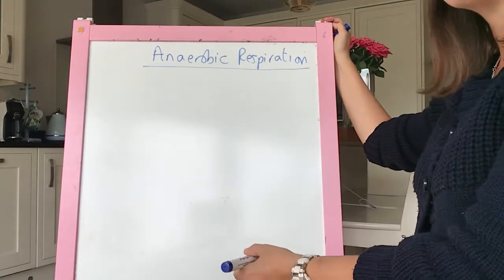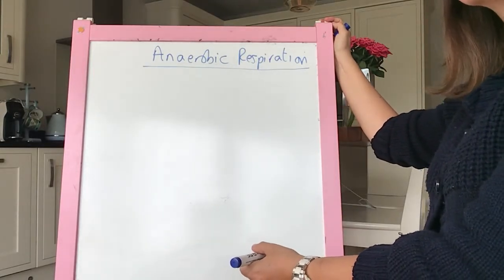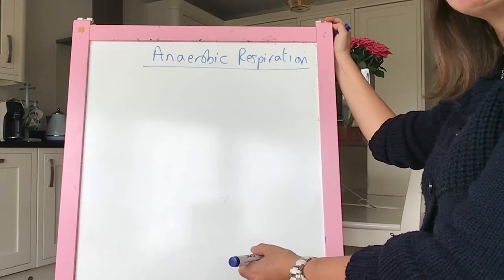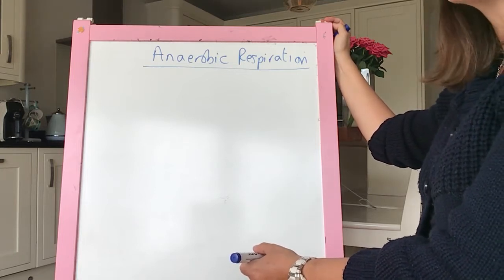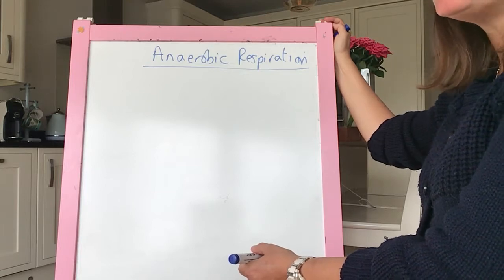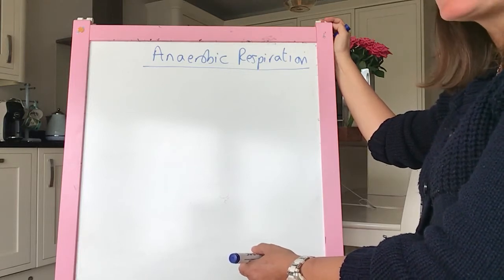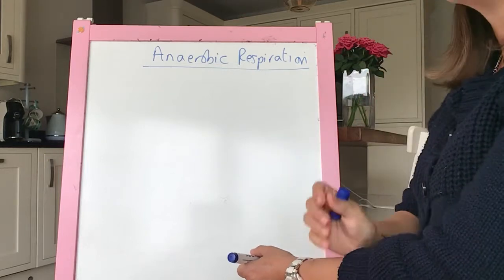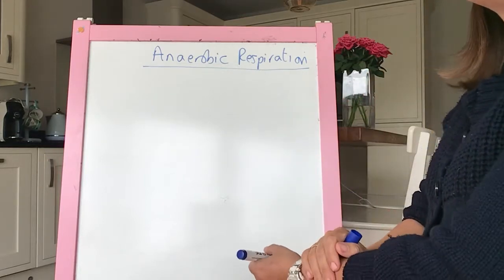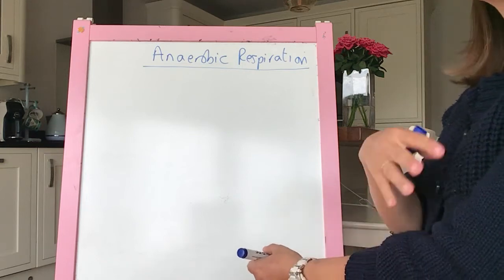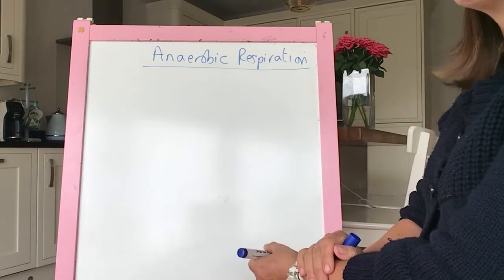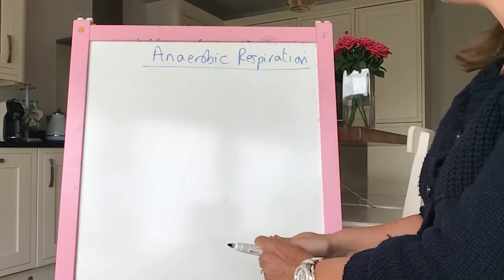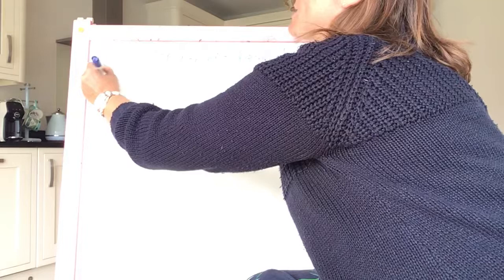Okay, so anaerobic respiration happens when there isn't enough oxygen available to the cell to carry out aerobic respiration. It does not make enough energy for us animals to survive on a long-term basis, but will produce a little bit of energy, a little bit of ATP, just to get us through possibly a sprint or a tennis serve when we need that little boost. Okay, so for animals and bacteria,